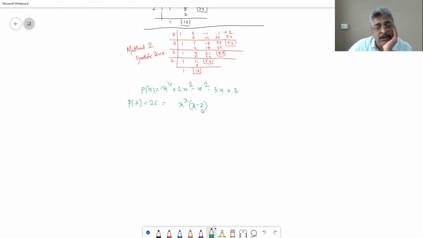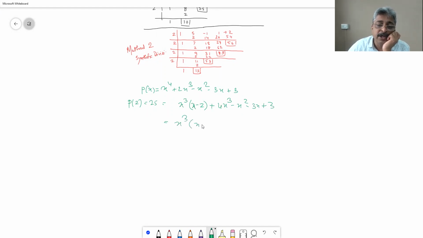That makes it x raised to 4 into x minus 2. That makes it minus 2x cube. But you want 4. Therefore, it is 4x cube minus x square minus 3x plus 3. Correct? Is equal to